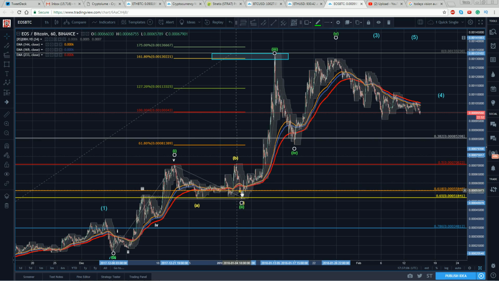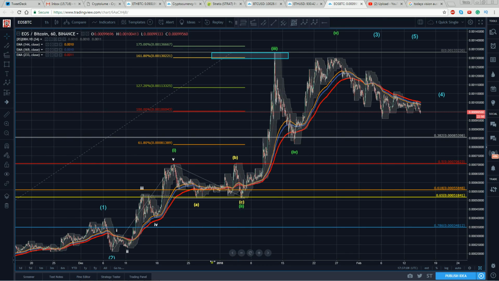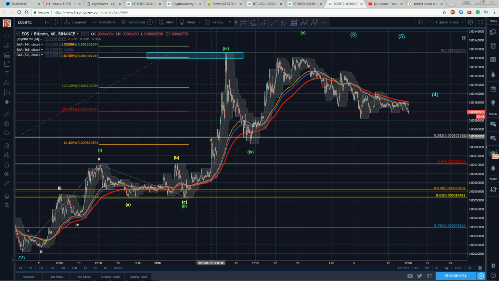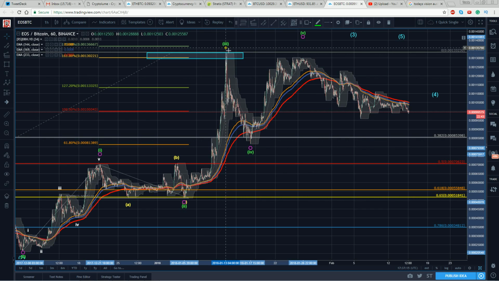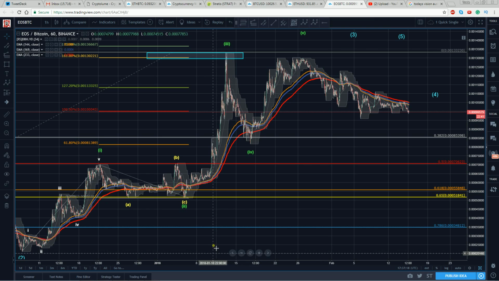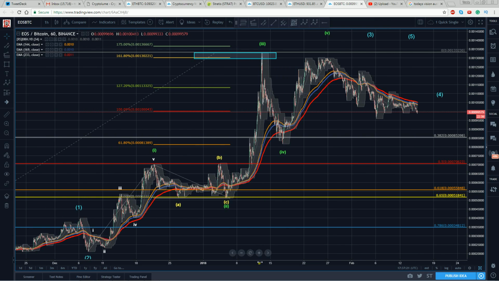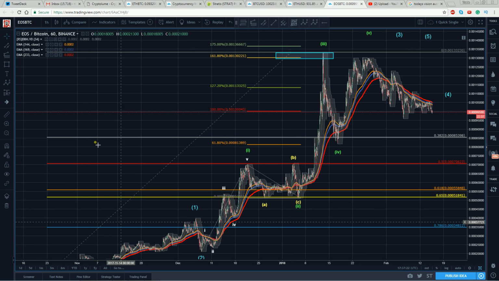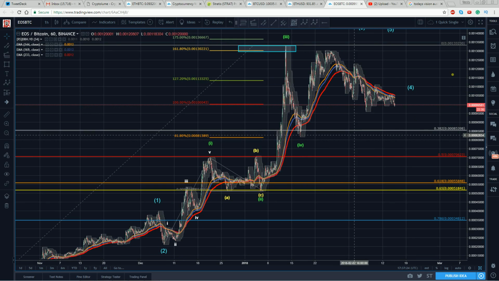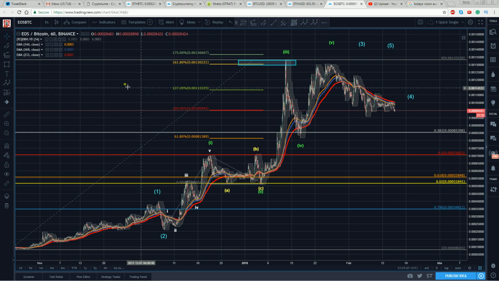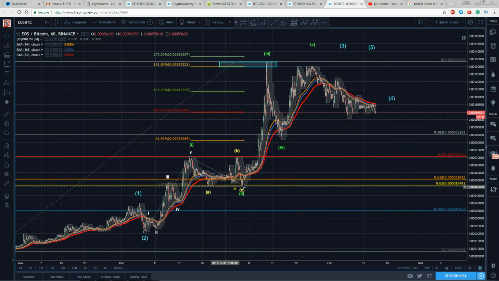Right, and then within this, if I open this up a little bit, we can get the subdivision here. We can see a 1, 2, 3, 4, 5 into my 3. Okay, well, if that's the case, then we're trying to get a handle on where this could be going, because it's going to affect what we're projecting and what we're using for retracements. So already we've now relabeled this multiple times. So now I'm into 1, 2, 1, 2.